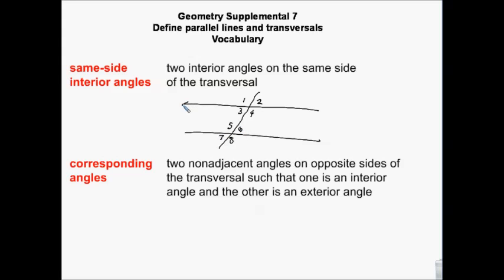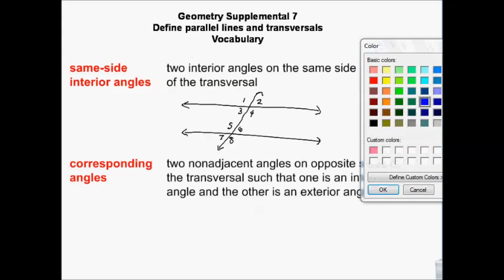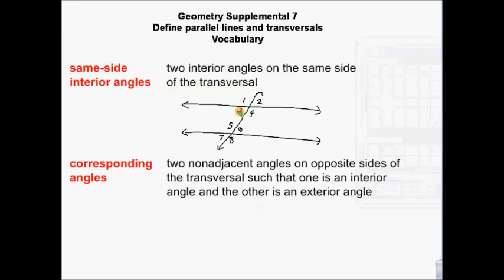And these are lines, so they go on forever and ever and ever. Okay, we have same side interior, which are 2 angles that are on the same side. So 3 and 5 is 1 set of same side interior, and 4 and 6 would be the other set. Again, this being the interior,